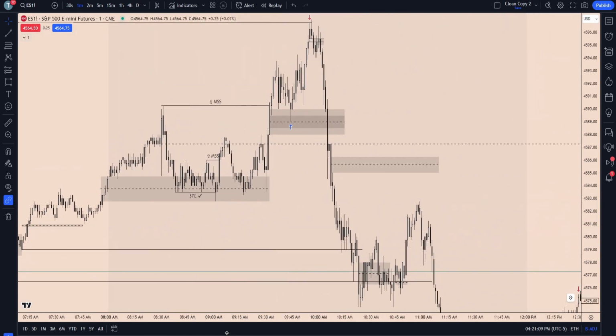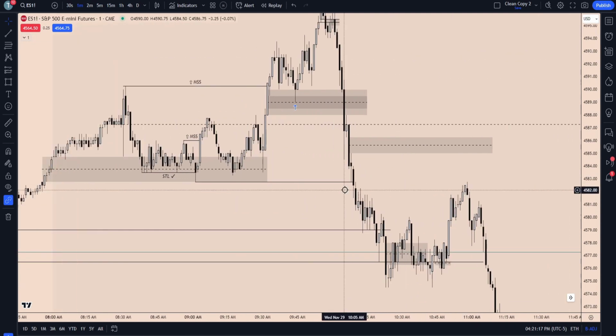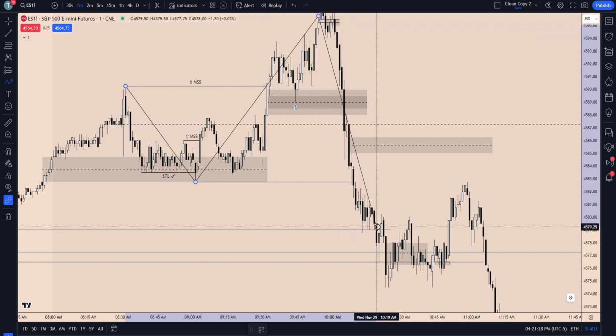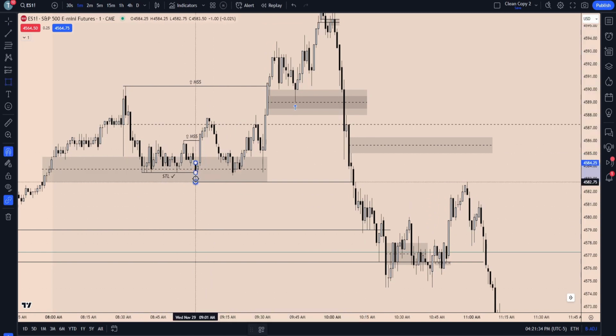As we break through these lows, notice how quickly we do it. We do it with speed, not one up close candle once we hit that volume imbalance, straight through, and then we close below this low. This low here is also our breaker from the high, low to the highest high at the top here. As we break underneath, this lowest down close candle here becomes our breaker. So when we refine that area,